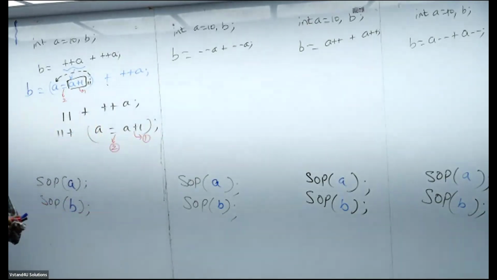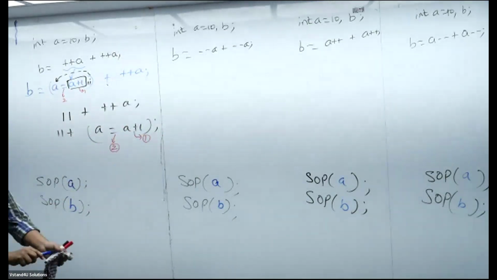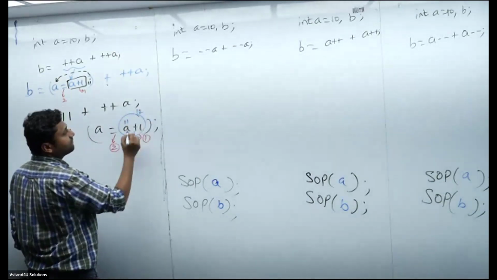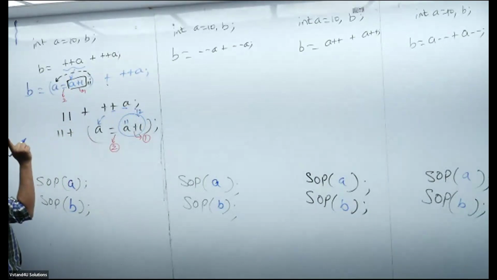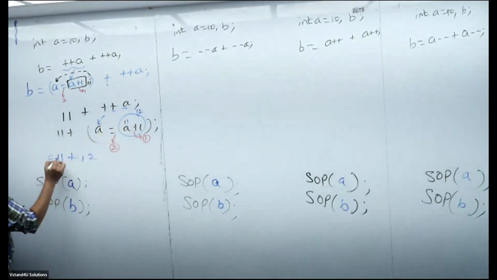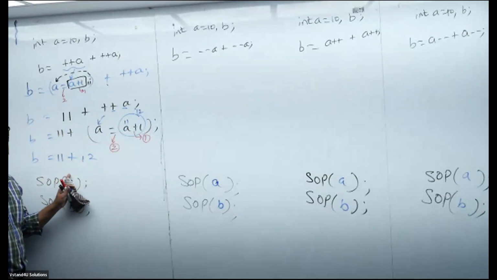Agree? Sir, if I do the first incrementation, what is the current value of A? Current value is A, 11 plus 1. This entire value should be assigned to A, but 11 is already there. Hope you know. 11 plus 12 will be the assignment, B equal to,